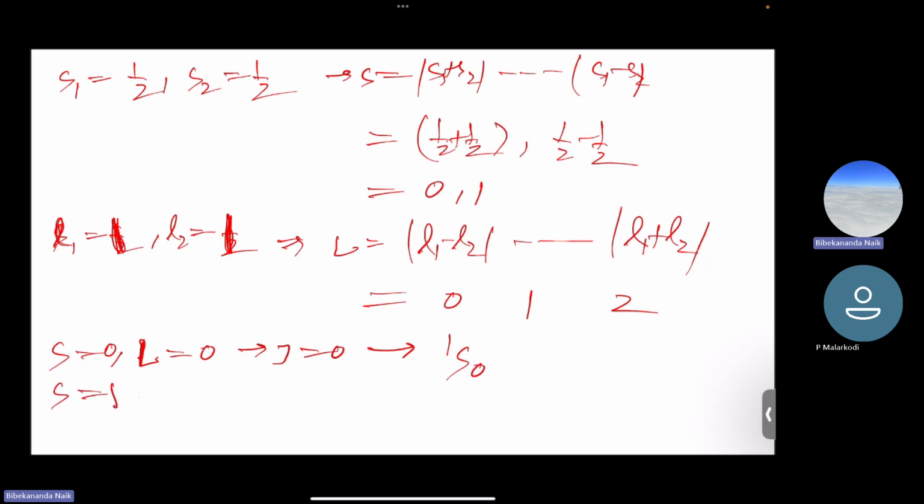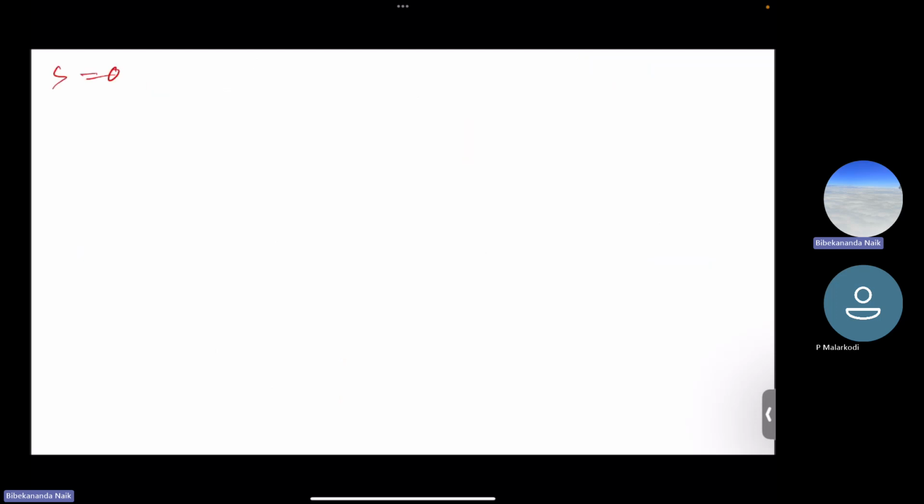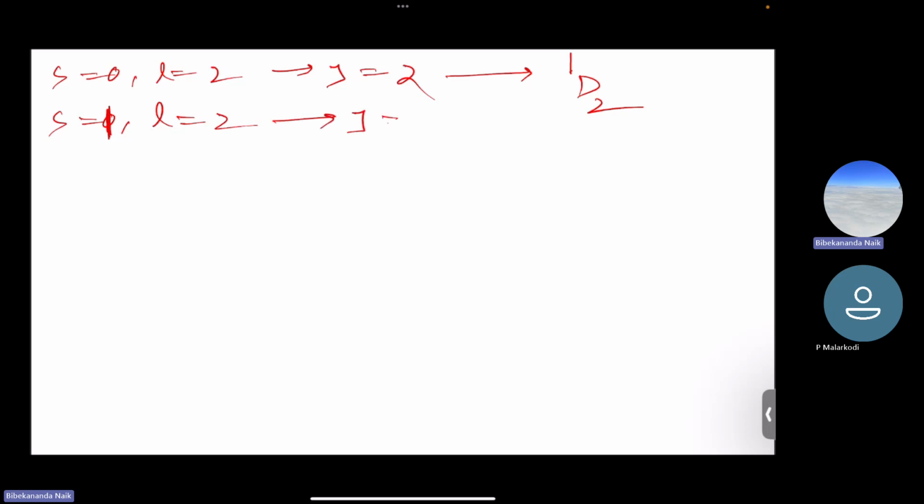For S equals 1, L equals 0, J will be 1, so it will be 3S1. Again, for S equals 0, L equals 2, J will be 2, so this term will be 1D2, since S=0 means singlet (1) and L=2 means D. For S equals 1, L equals 2, J will be 1, 2, 3, so it will be